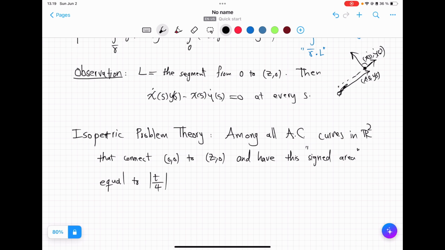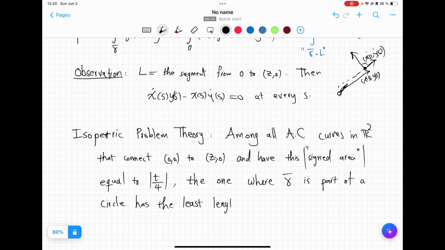So absolute value of that equal to that. The one where gamma bar is part of a circle, so it's an arc of a circle, has the least